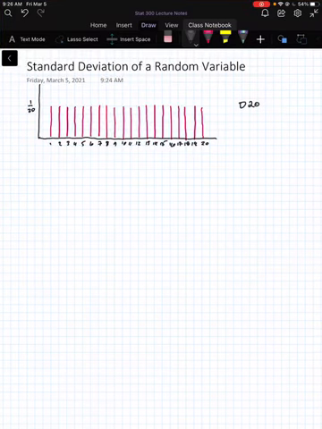Just as we've brought in the notion of center to the world of random variables and probability distributions, we can also bring in a notion of a measure of spread or variation. To illustrate this, I have an example here of a probability distribution graph corresponding to observing a roll of a D20 die, which is popular in certain